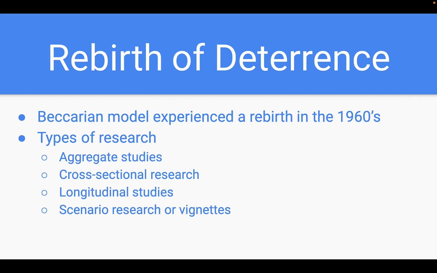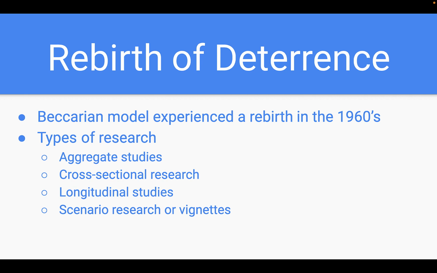Okay, and then scenario research or vignettes. So these are created to deal with the limitations of other methodological strategies. So the scenario method provides a realistic, albeit hypothetical, situation in which a person engages in a criminal act. So the participant in the study is asked to estimate the chance that they would engage in an activity given the circumstances, as well as respond to questions regarding their perceptions or risk of getting caught,